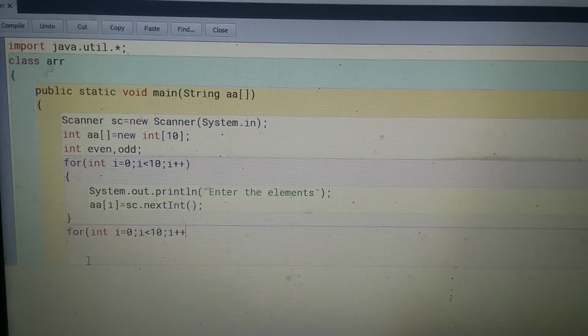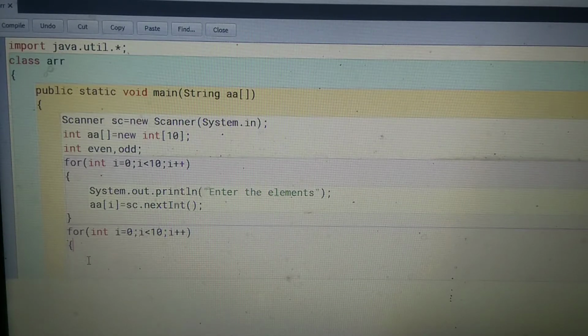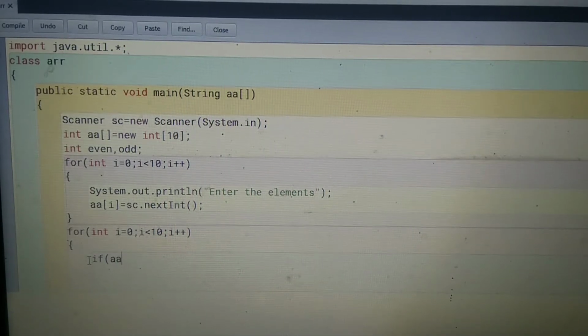Okay, it's the loop. After this loop, what do we have to find? We have to find the even numbers and odd numbers. So the condition of even number is if, here we are using the array. So we write if variable name, then subscript, within subscript the i value.